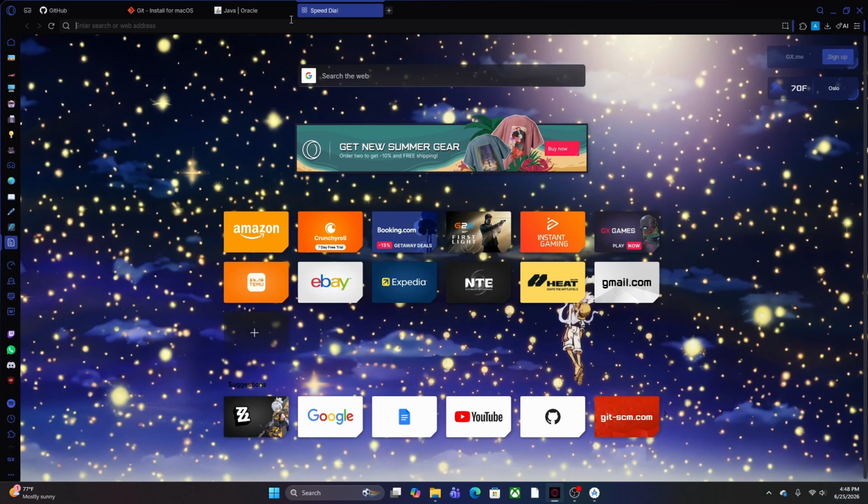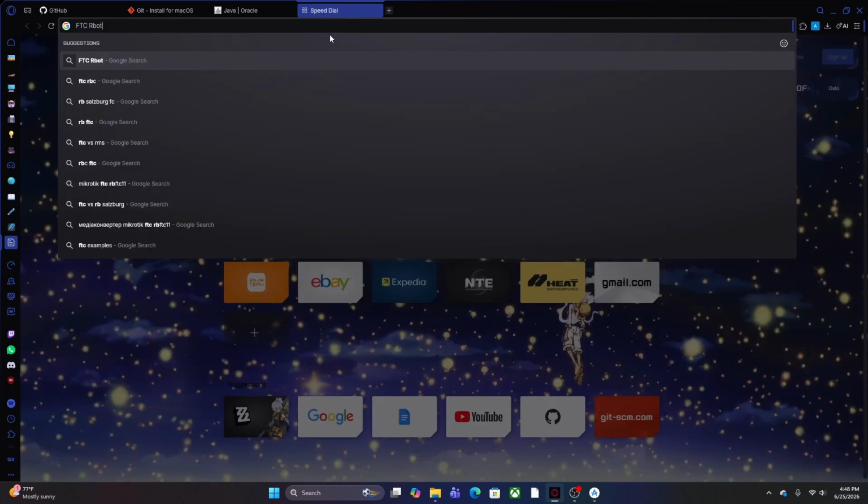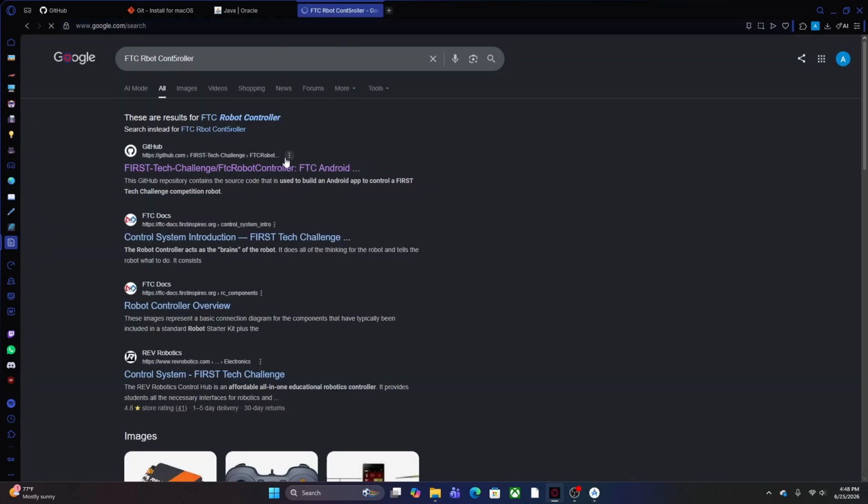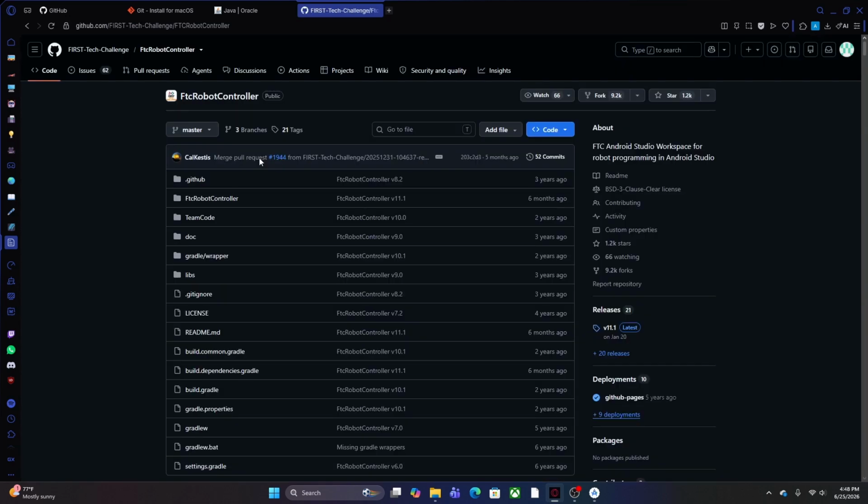Now once you're ready, you can start by looking up FTC Robot Controller, and then clicking this repository. Now if you don't know, a repository is basically a folder that Git stores your code into. And this FTC Robot Controller repository is one that FIRST updates themselves every season, so that the newest versions of every dependency are there. Now one of these dependencies is the FTC SDK, and that's the toolkit that lets you write and compile FTC specific code, like for motors and servos. And that along with other dependencies are updated every season.